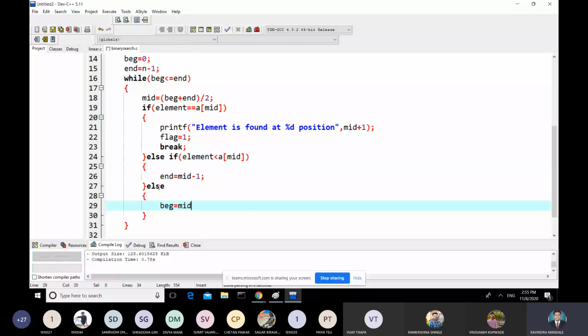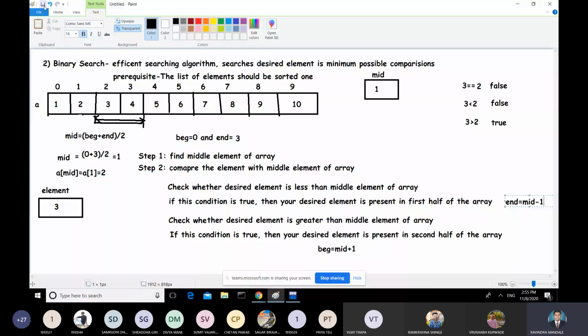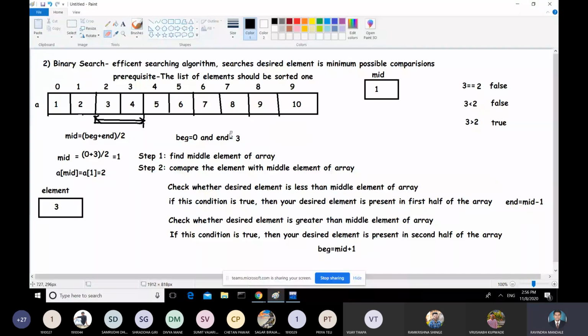Okay. So see, again you need to change those things. So beginning will be changed now. So end will be 3 as it is. Beginning will be mid plus 1. So right now mid is 1, so 1 plus 1, beginning will be 2. Right now mid is 1 as it is.